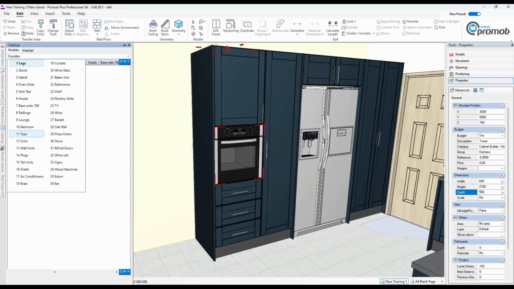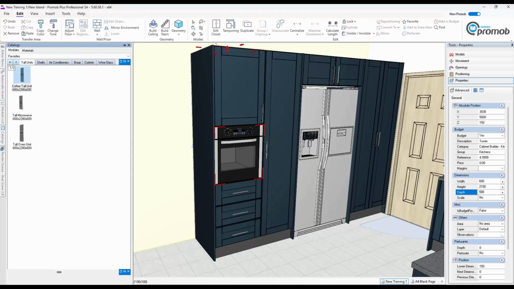Now that one that we've just done, I can come down, I know it was in tall units. If I go tall unit, these are the different ones that I've created. So you can actually come and have a look and you can say, oh okay, it's this one or it's that one that you want to actually place into your